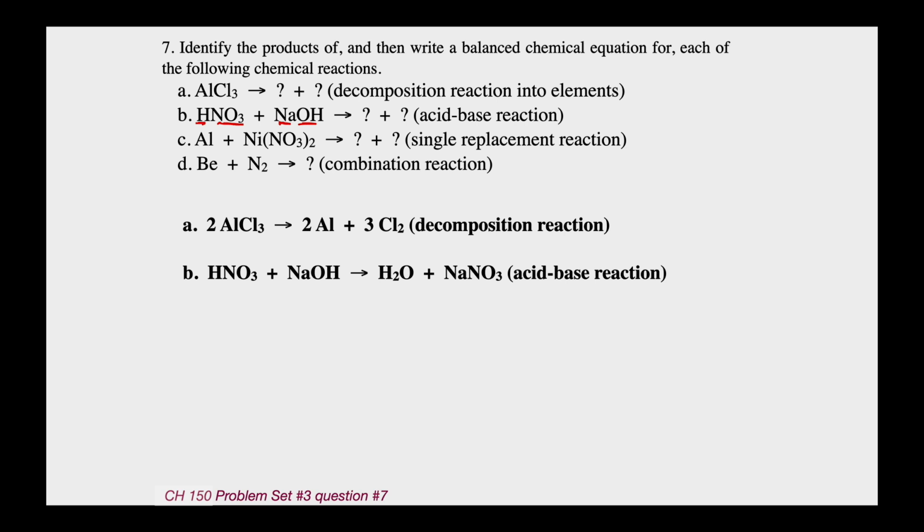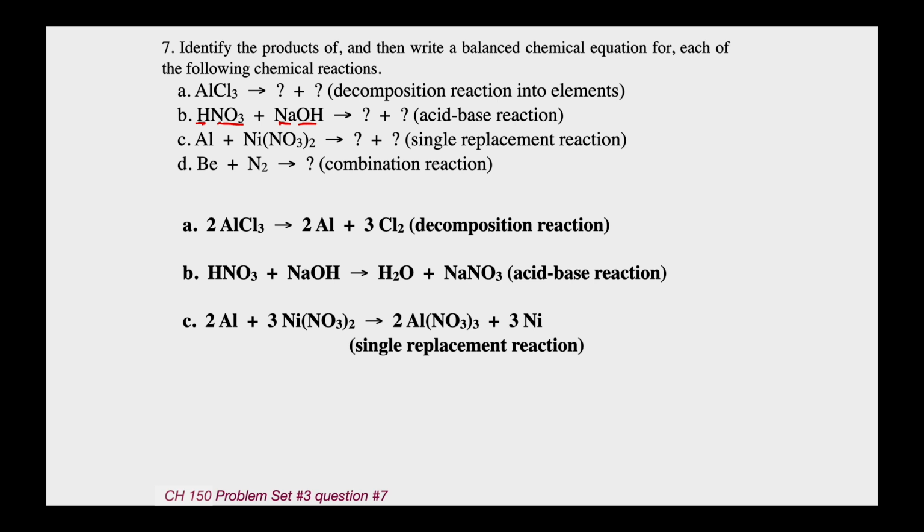On the reactant side, though, you can see we have nickel nitrate, a nickel +2 and 2 -1s. So you've got to get the nitrates to balance first, then you can go and balance the aluminum and the nickel. And if you do that, it's 2Al plus 3 Ni(NO3)2, and that makes 2Al(NO3)3 plus 3